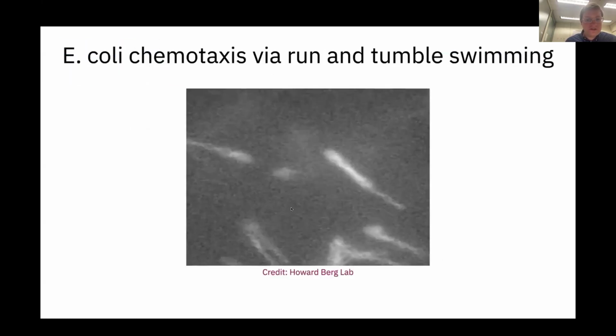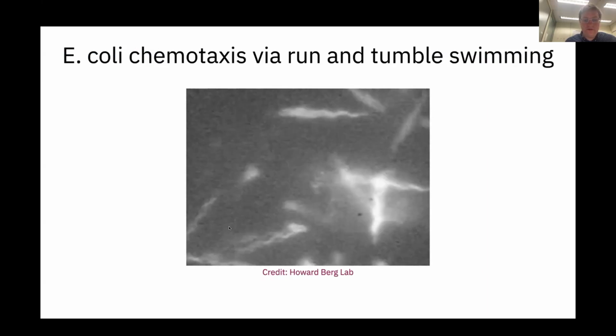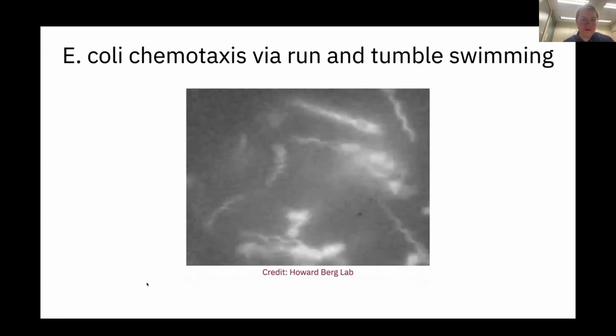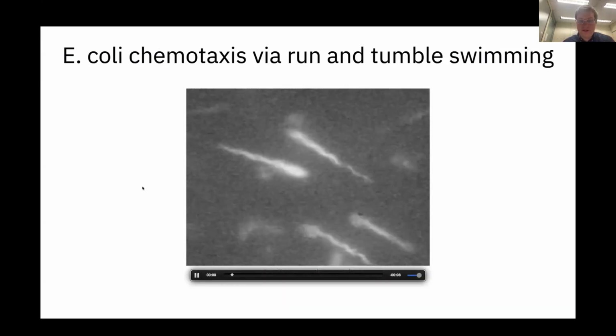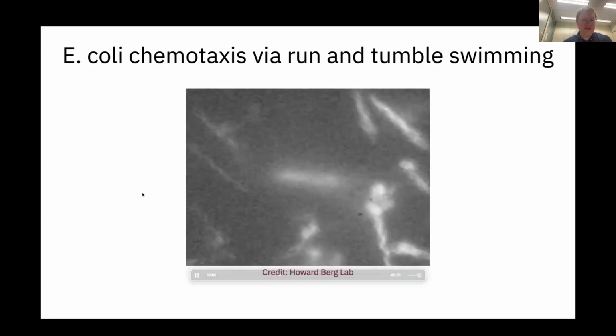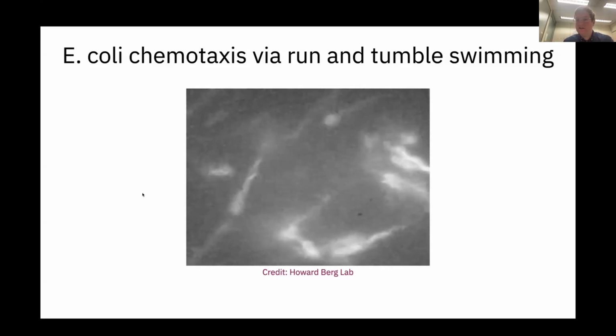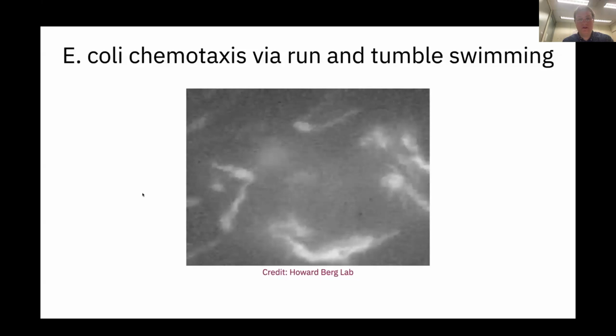So I thought I'd start with this old video from Howard Berg's lab showing the run and tumble swimming behavior of E. coli bacteria. And if you watch closely, you'll see that they swim roughly in straight lines and then occasionally tumble, flail around, and change direction and head off swimming in a new direction. And one of the reasons they do this is to perform chemotaxis by strategically choosing when to tumble. They can bias their motion up or down a gradient in chemical concentration, for example, to swim towards areas with